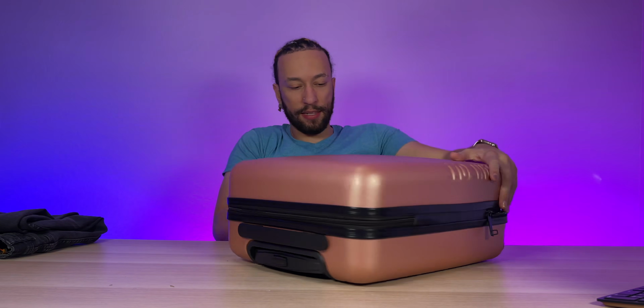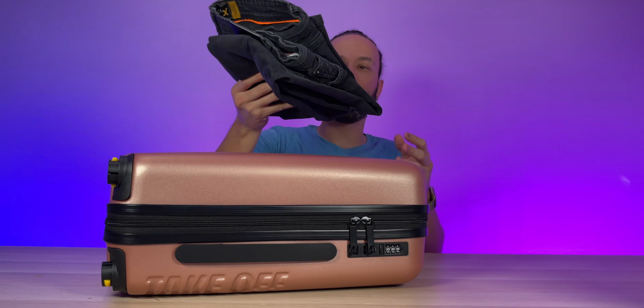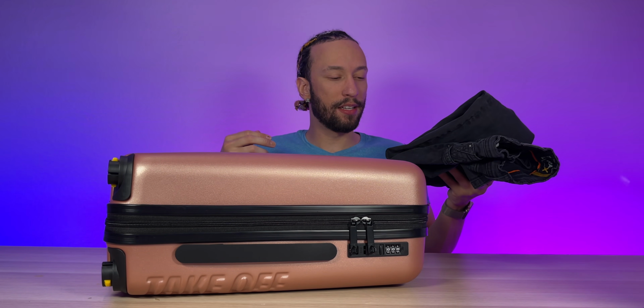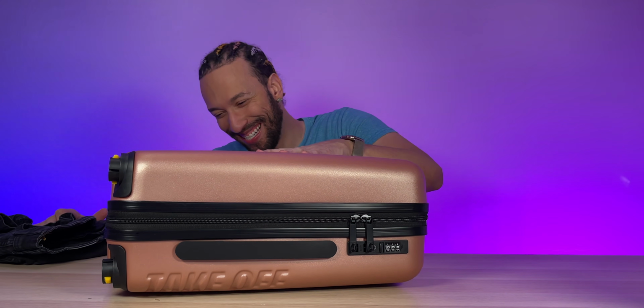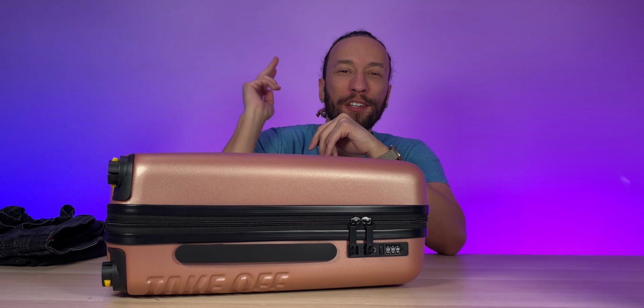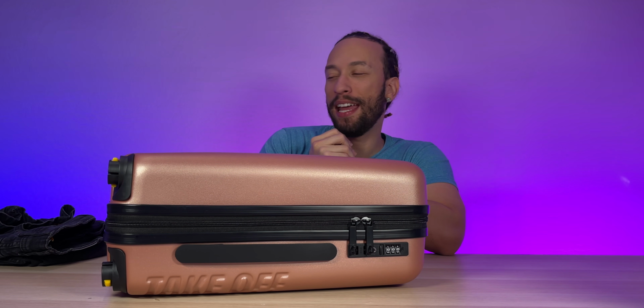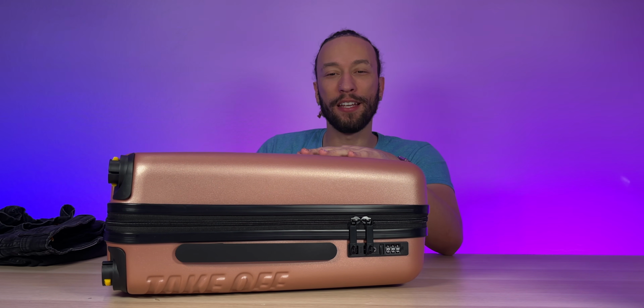Now zip it, zip it. All right, so there we go. I was able to take everything except this extra pair of jeans. I feel like I could just stuff this under my shirt or something if I had to. But let's see, I got 2 pairs of jeans, 3 shirts, an elegant night outfit, and 2 cruise outfits. And the jeans could technically be reused at least twice, so this is definitely enough for a whole week